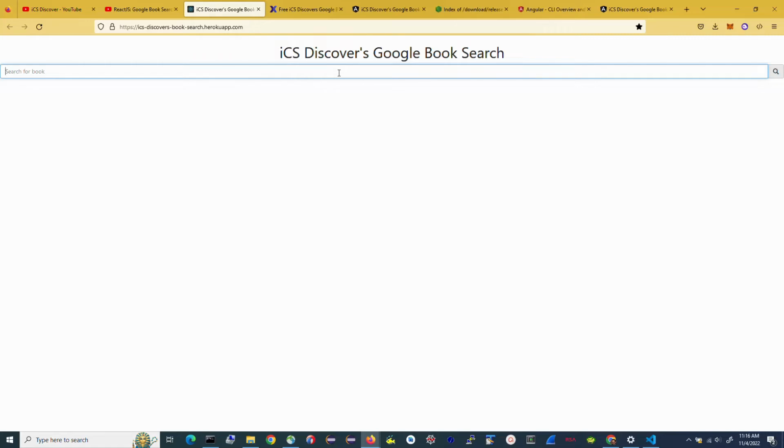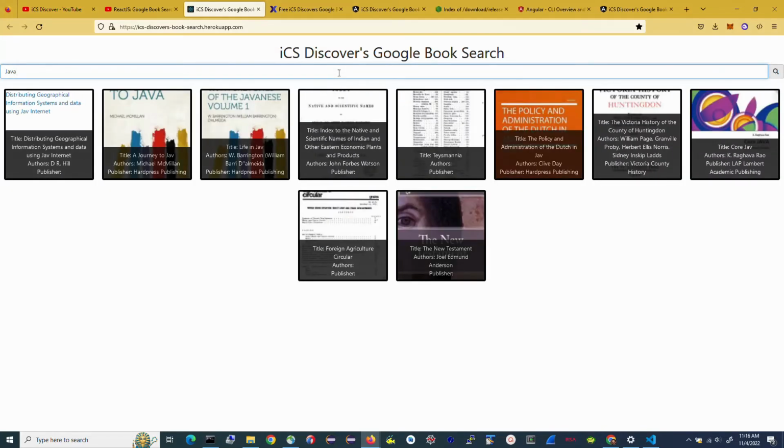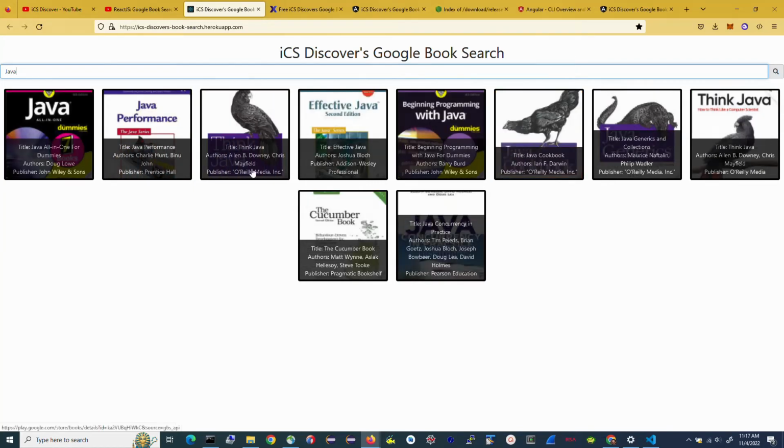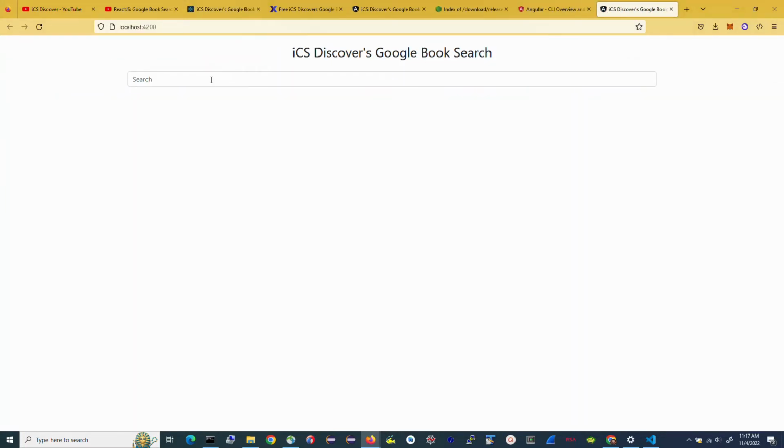So same thing. If I just type something like Java, and then there you go, it just automatically does the search for all the books in Google Books. I can show you the top 10. And then this is the Angular version. It should do the same thing. If I start searching for Java,